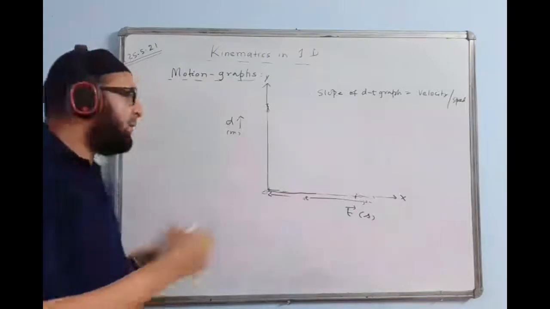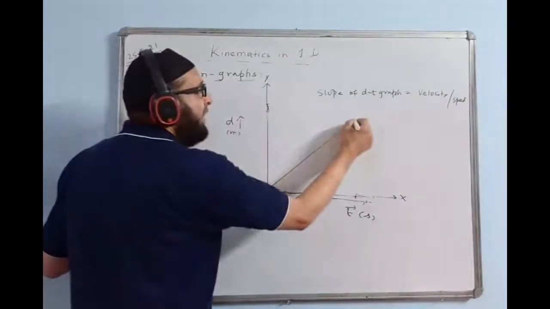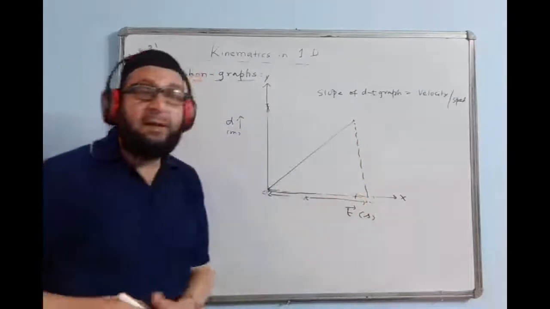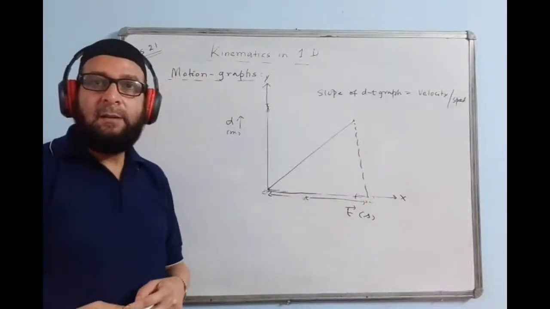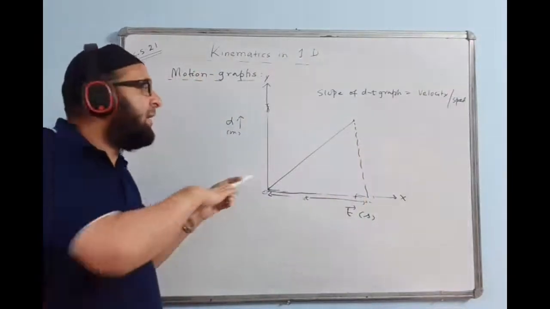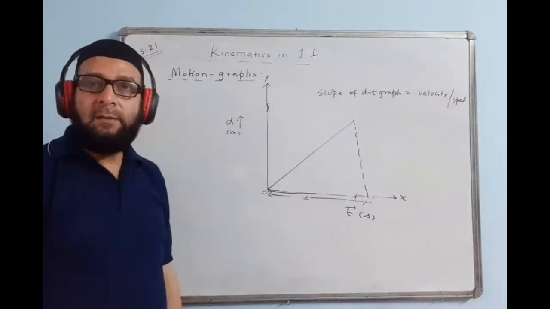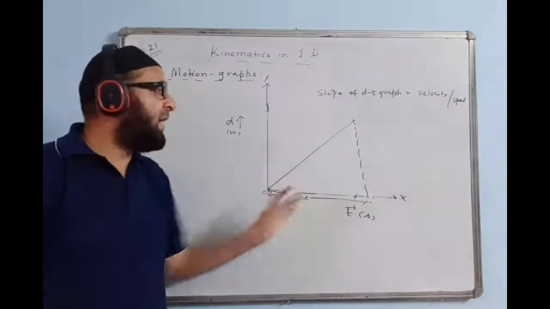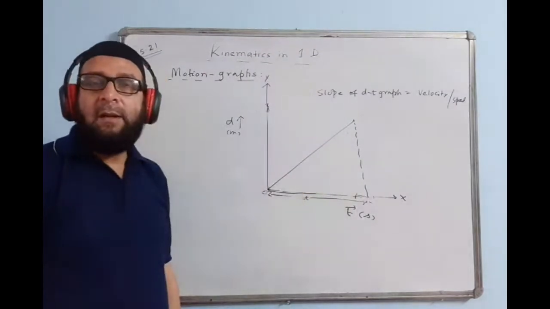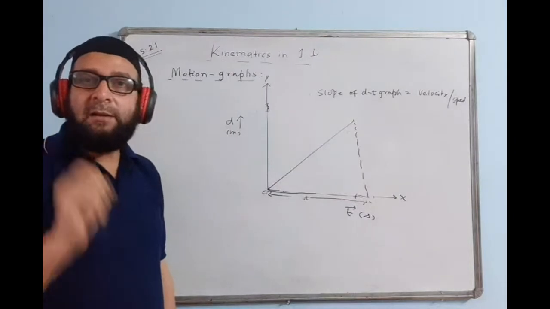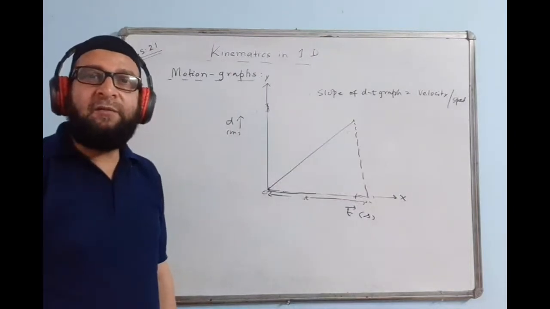Sometimes we find area. Suppose this is the line over here. We see the area with the x-axis. This figure formed is a triangle. We find the area of whatever figure it forms with the x-axis. Just now the figure formed is a triangle, so we can find the area of the triangle. But will the area of this graph determine some significant physical quantity?